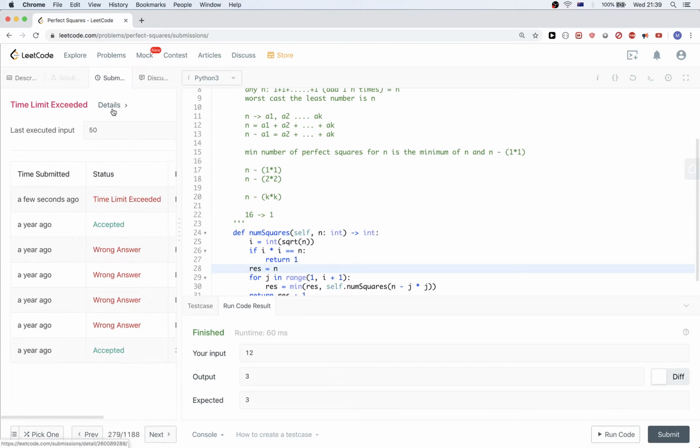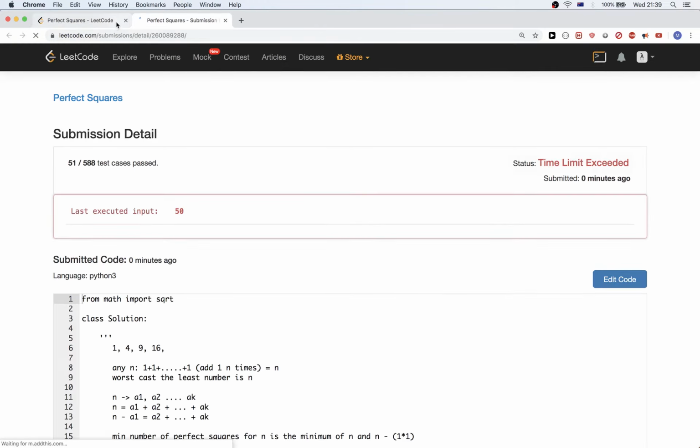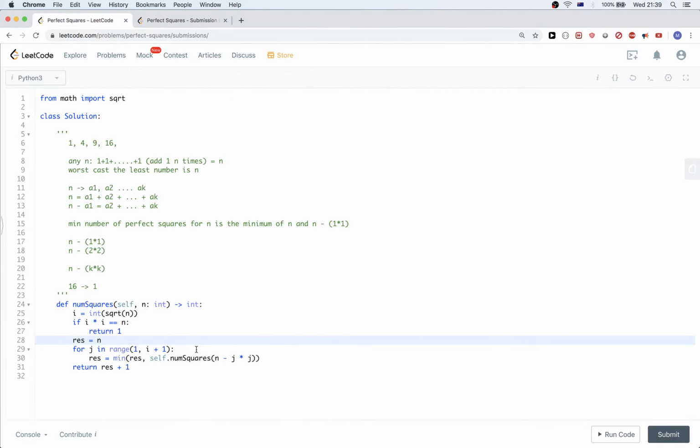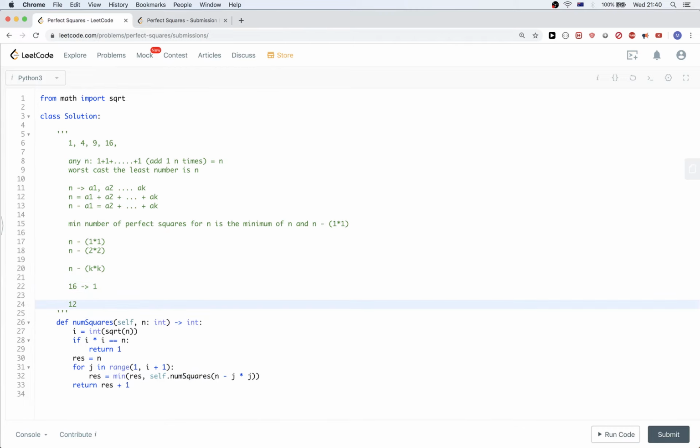you can see we get time limit exceeded as soon as we hit the number 15, because this solution actually does a lot of things. Whenever we have a solution like this that recurses and we don't memorize anything, we will keep doing this. For example, for the number 12, we might do 8. It can be 8 plus 4,